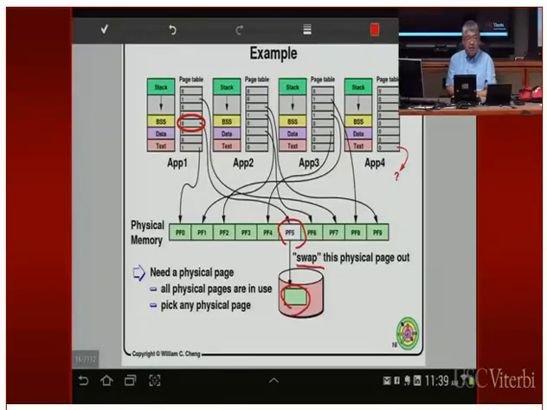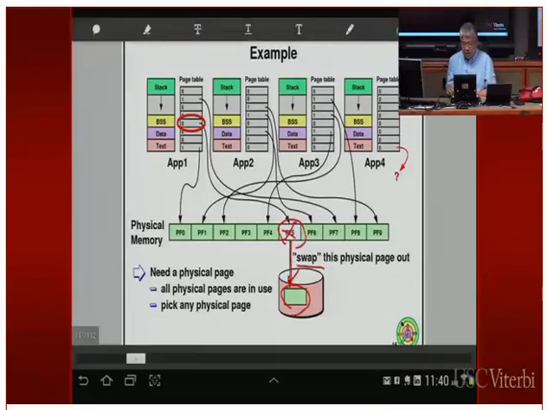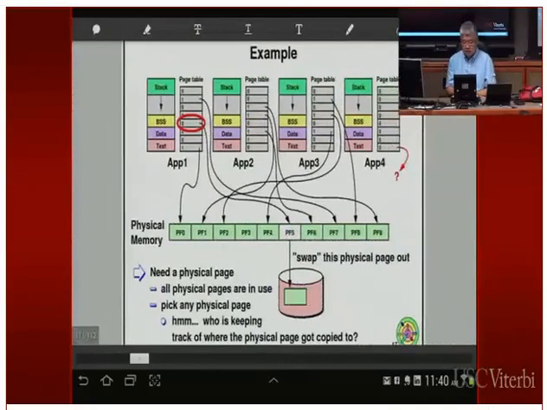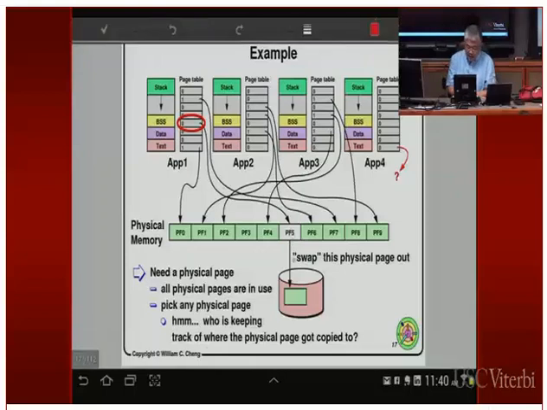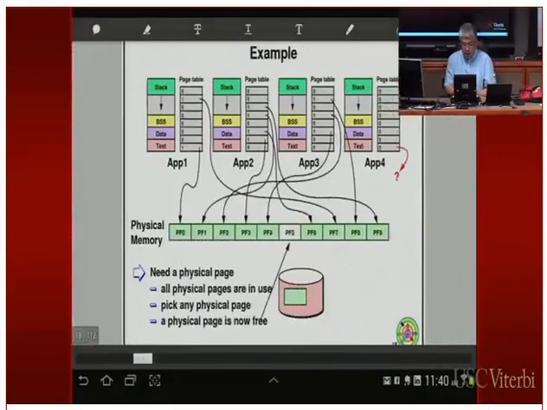Therefore, you check the dirty bit to see if this page is dirty. If it's dirty, you have to write it out to the disk. If it's not dirty, you can just free up this page. In this example, the page is dirty, so we write it to the disk, and then this page becomes free. Once this data becomes the same as the disk, this page becomes free. If this page is not dirty, the page content is the same as the backing store, so you can use it right away. Either case, this page is now free.